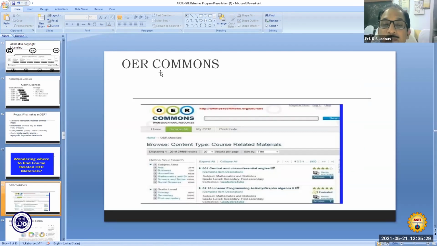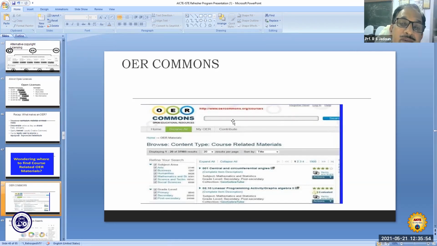So you can see it here. You can straight away open OER Commons, Open Educational Resources, and here you can search the required material. You can find all OER materials available.